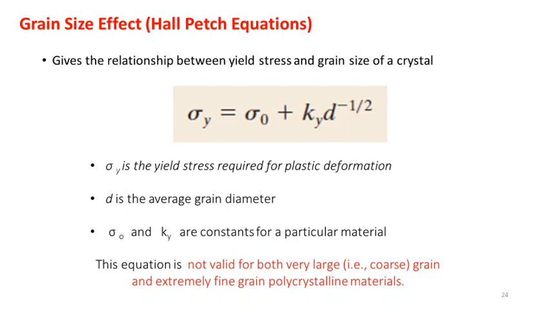Next is the effect of grain boundary on the strength of the material. We can view it in two ways. First, we know the defects in the material increase at the grain boundary, so grain boundaries can act as sources of dislocation. In another view, grain boundaries can also increase the strength of the material. For example, consider a material with a large number of grains, which means the size of the grains will be very small, so we will have a large grain boundary area.